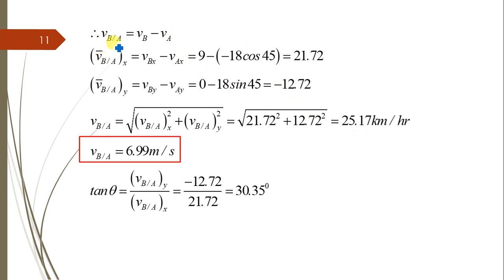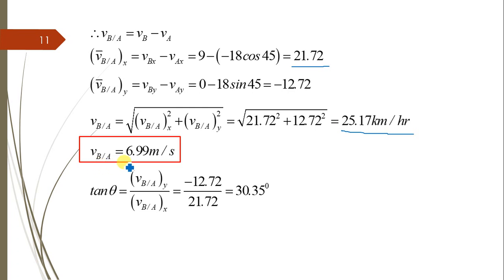Therefore VBA equals VB minus VA. So the VBA x component is VBx minus VAx. Substituting the values, we get 21.72. Then the second, VBA y component is VBy minus VAy. The y component of velocity of B is 0 and VA's component is 18 sin 45, so we get minus 12.72. Substituting the values, we finally get the relative velocity of B with respect to A as 25.17 km